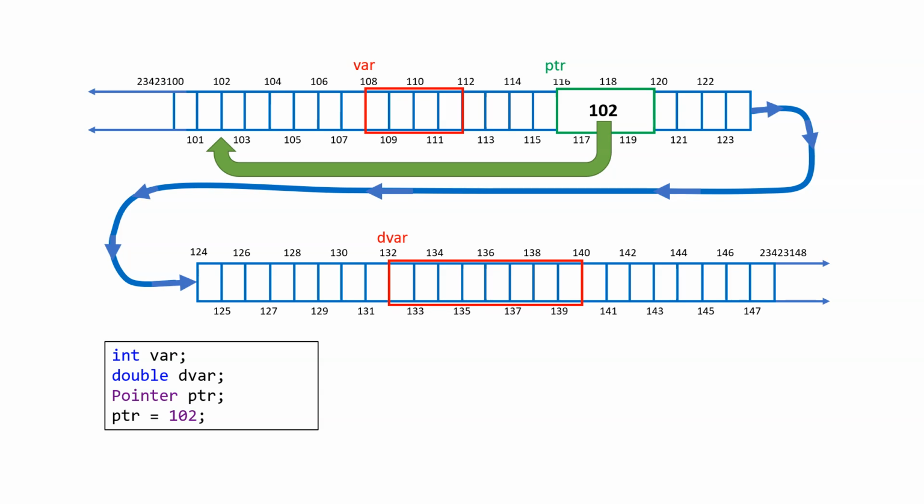But that doesn't make sense, because at 102 nothing is there. It's like I'm telling you, go to room 5000. We don't have such a thing at Seneca, okay? That doesn't make sense. So it's always better to put something that is the address of an actual thing. Therefore, now PTR is pointing to var, right?